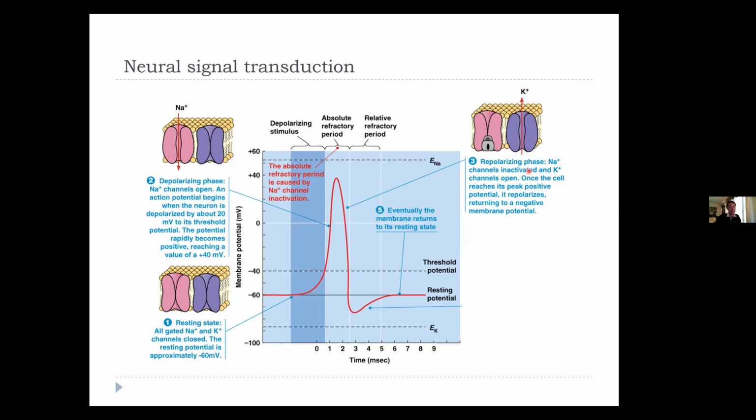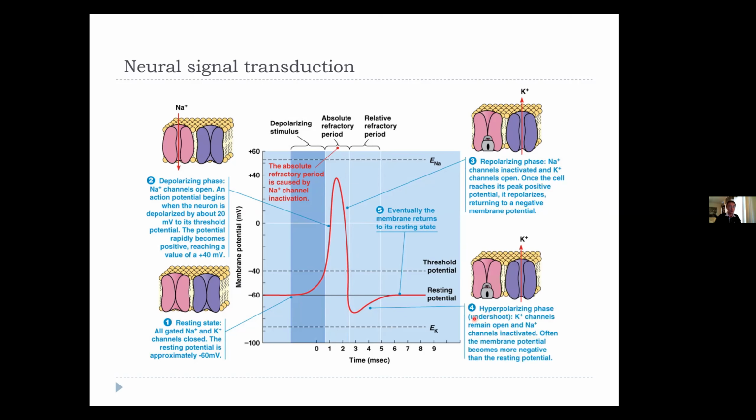And of course, potassium is transported in the opposite direction. And so we have a restoration of this potential. And at some point, it overshoots even further down than minus 60, at which point the potassium channels are blocked. And we have a gradual return into the resting potential at that point. So eventually the membrane returns to its resting stage, but this spike is characteristic, and this is what it's caused